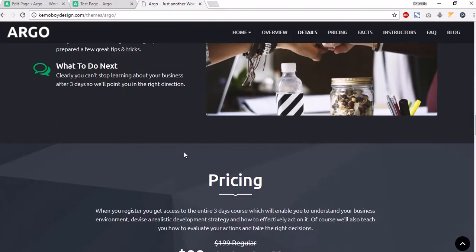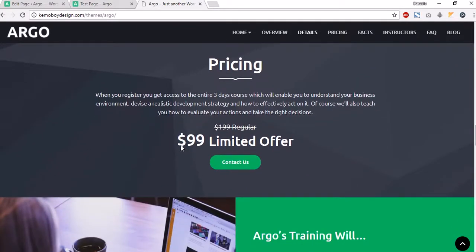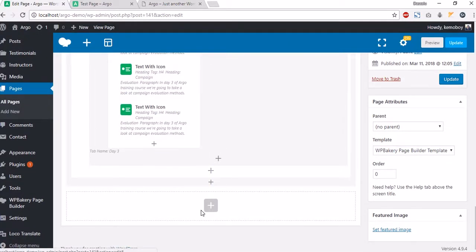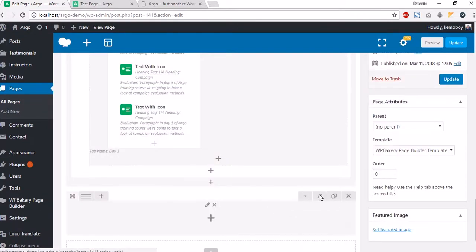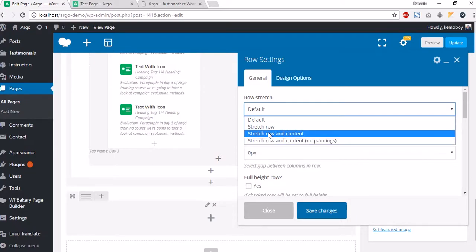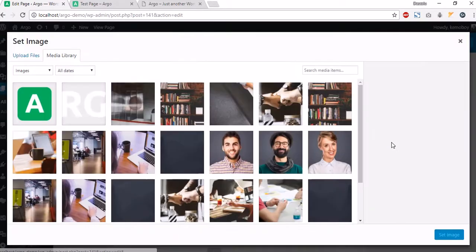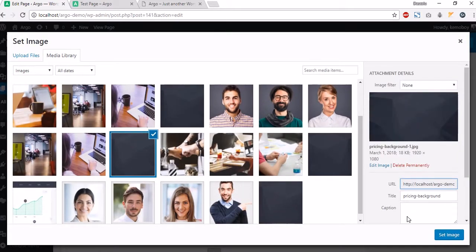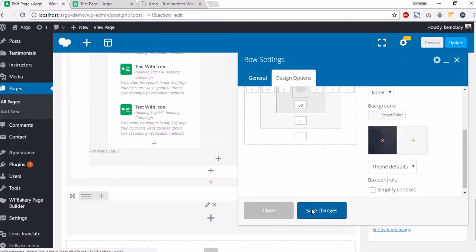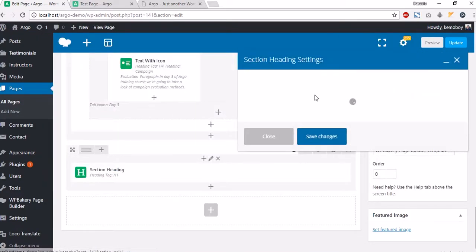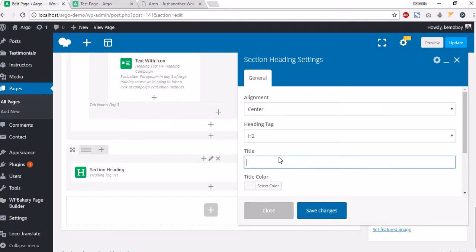The next thing you want to add is the pricing. So let's do that very quickly. Just click on this, add a new row, click Edit Row, Stretch Row, design options, let's say around 60 pixels, and this image. Click Save Changes, and here add the section heading with an H2 again,